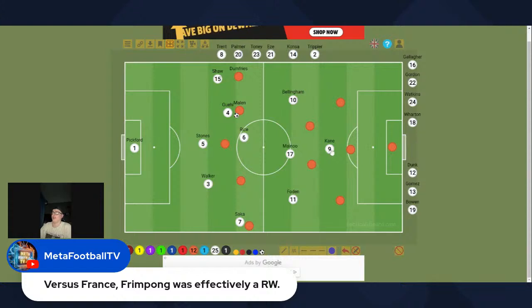shape where you've got your one up front with Kane, he's just forcing the ball one way or another. One of these 2 of the pivot can push up and actually, oh,